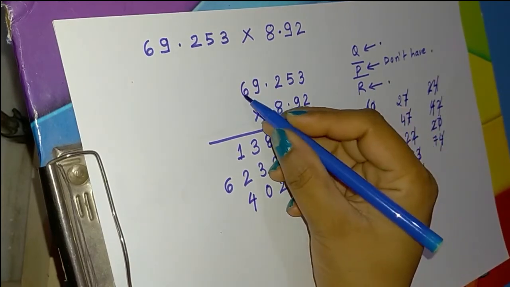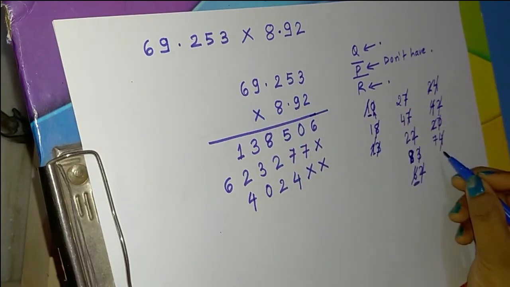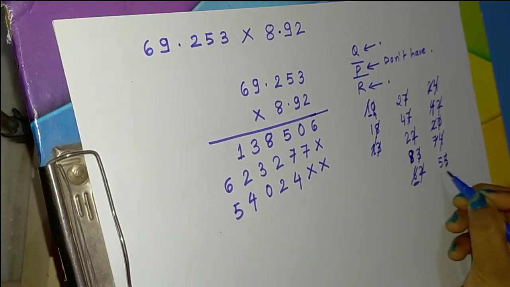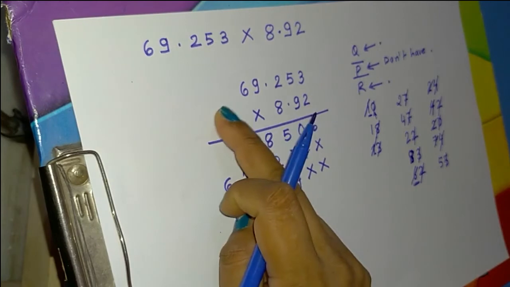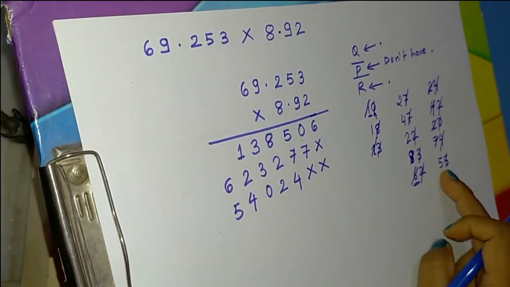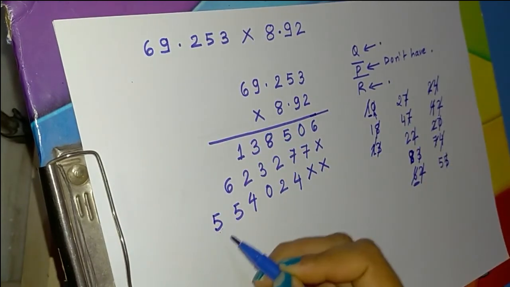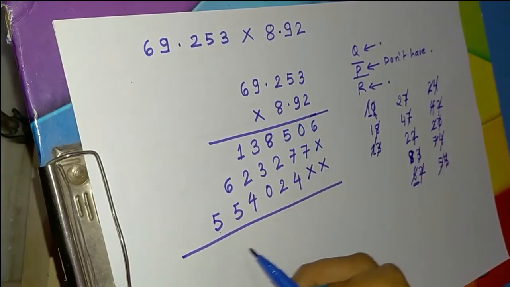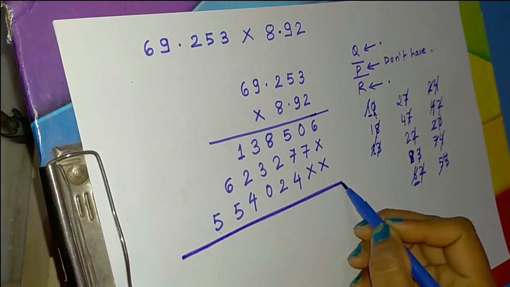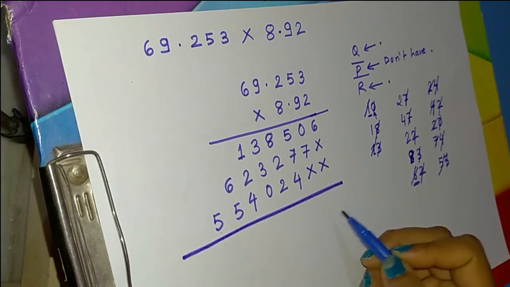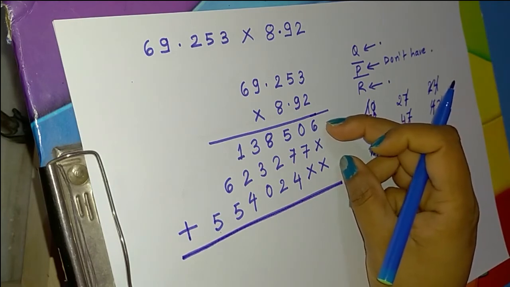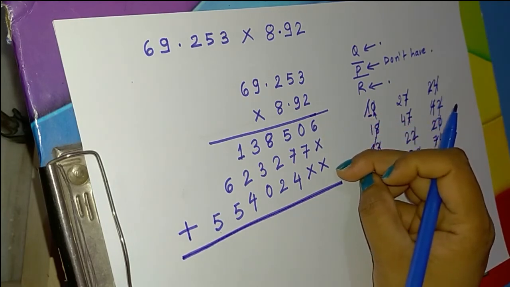Now 6 times 8 is 48. 48 plus 7 is 55. Write this 5 here, and as we are done with all the digits present here, no more digit present here, so write down this 5 also here. We are done with all these 3 digits. So now we can move for the next level, that is result portion. So we need to add all the numbers present here in the process.